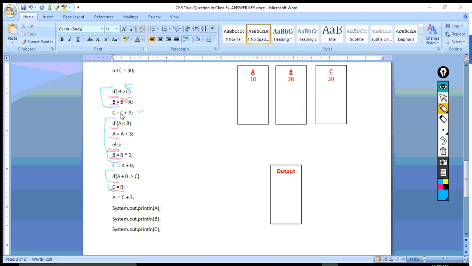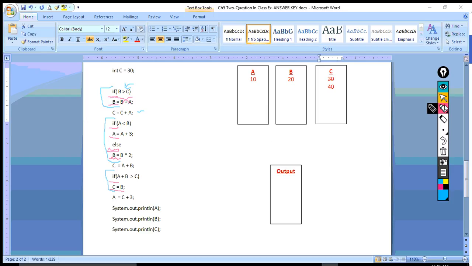And so C is now assigned C plus A. Well, C plus A is 30 plus 10, which is 40. Alright, then we now come to the next if-else structure, and so we have to go to the if statement and check out that Boolean expression. Well, is A less than B? Well, 10 is less than 20, and so what's going to happen is